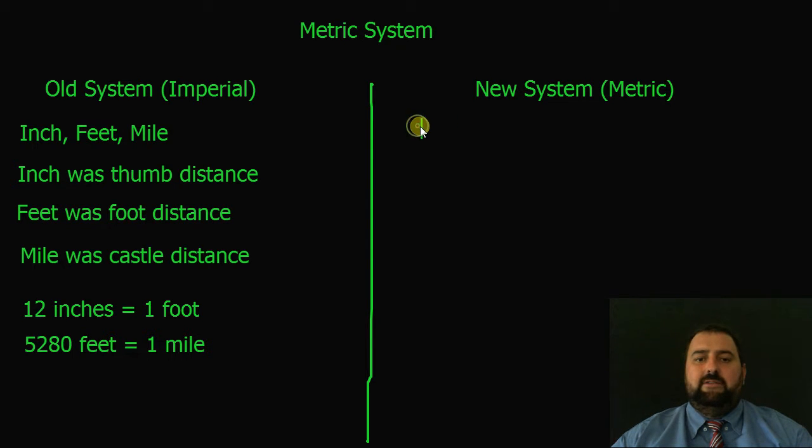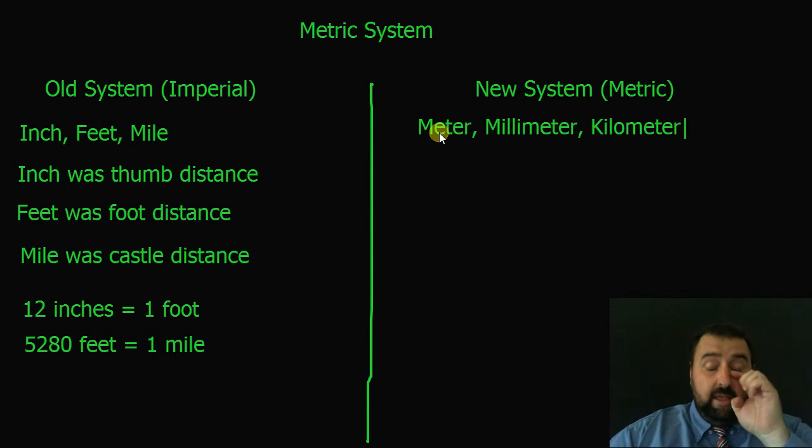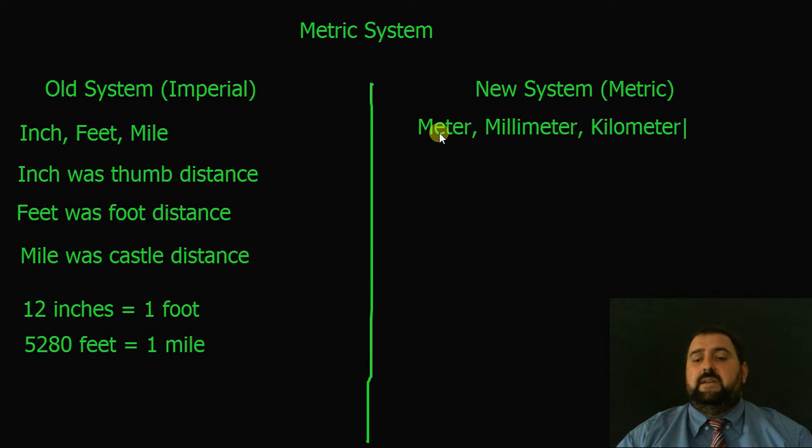So it's a lot easier to convert because, as we all know, it's 1,000 meters in a kilometer. Okay, if I have 500 millimeters and things like